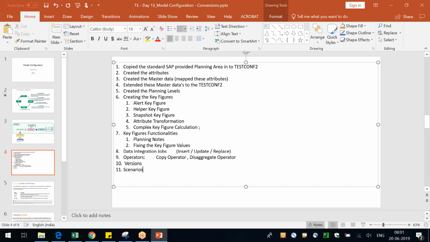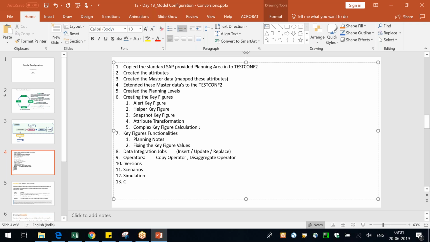We have also seen the scenarios, how to create a scenario and how to share a scenario, and how to maintain different plans for a particular